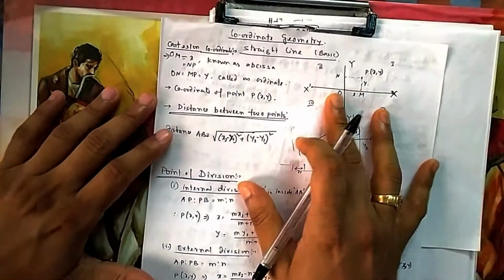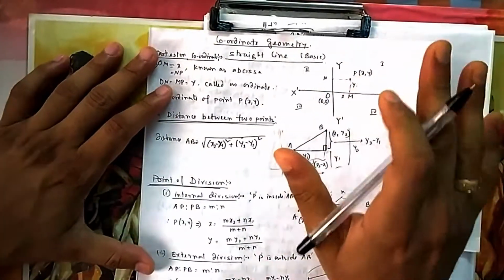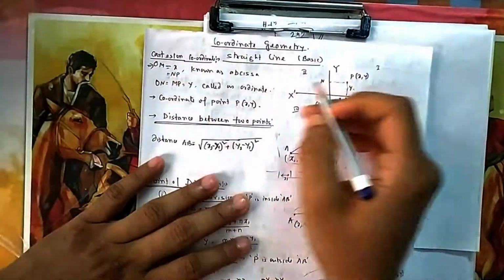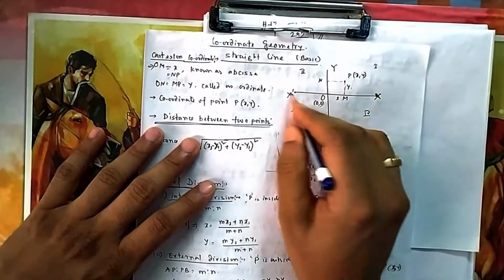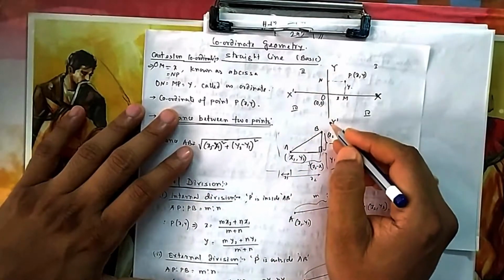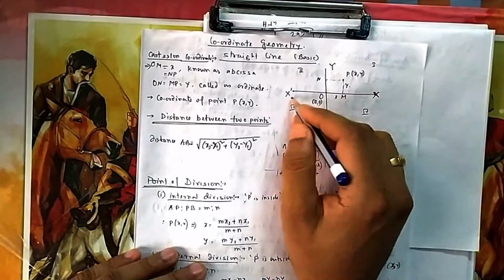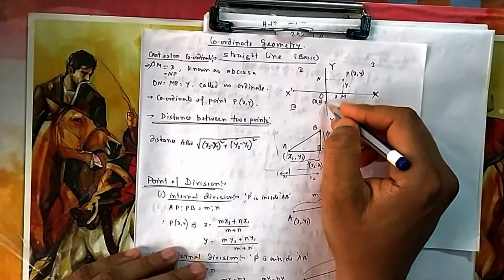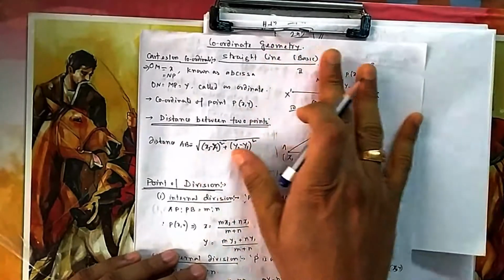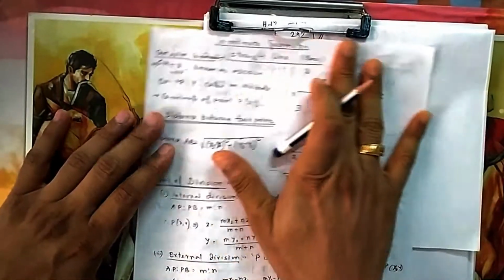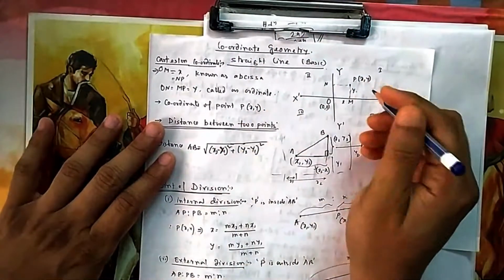So in coordinate geometry, if you start with your class 10 coordinate geometry, we'll start from class 10. This is your x or x dash axis, this is y or y dash, positive side of x, negative side of x, positive side of y, negative side of y dash. So this is a plane, this is an xy plane. You can think of 2D only, it's two dimensions only.